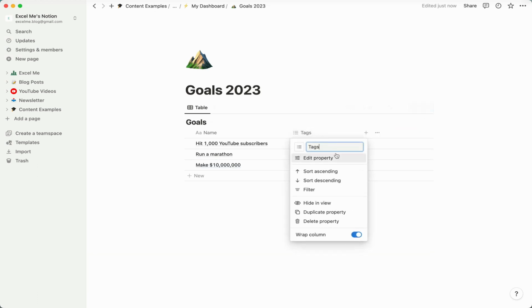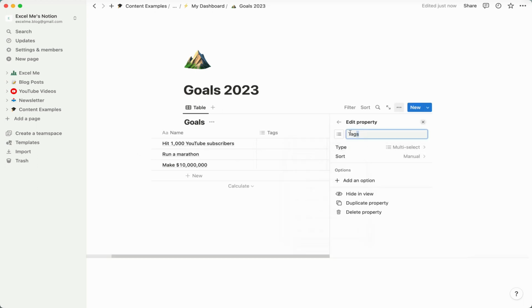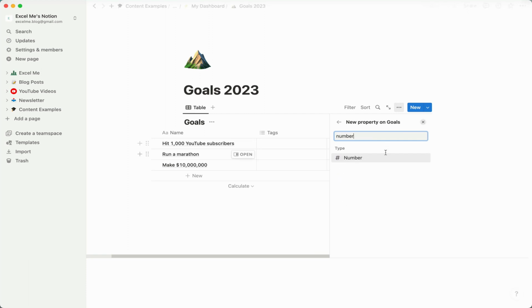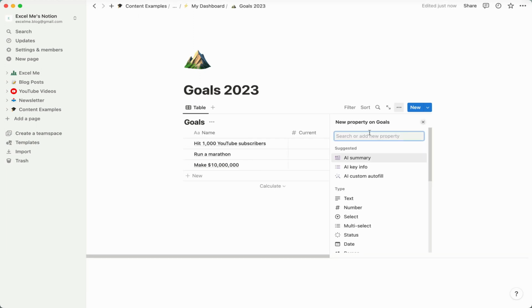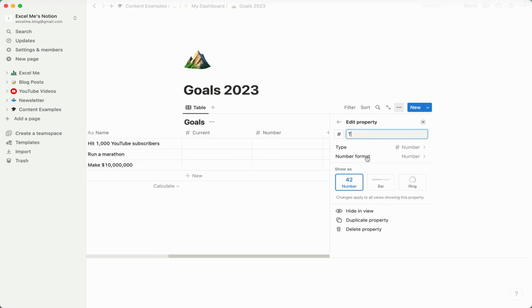So I really just had 3 extra columns. So if we change this to number, so this was current, add another one with another number, so say target,